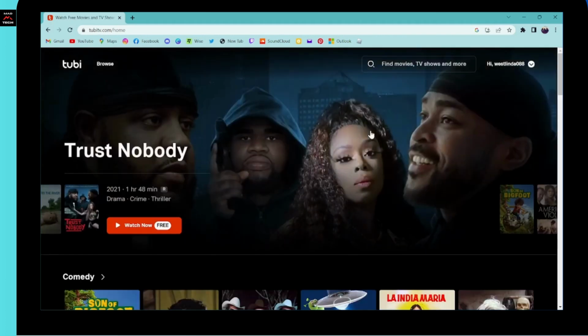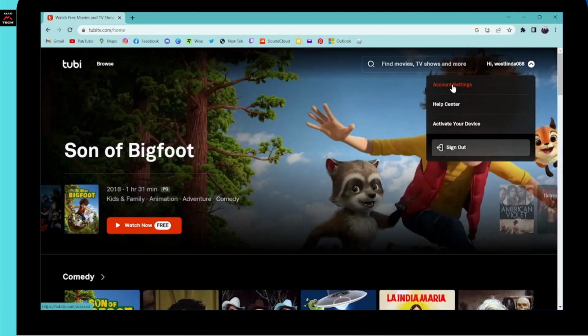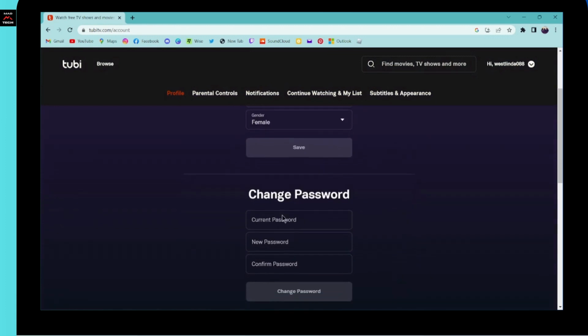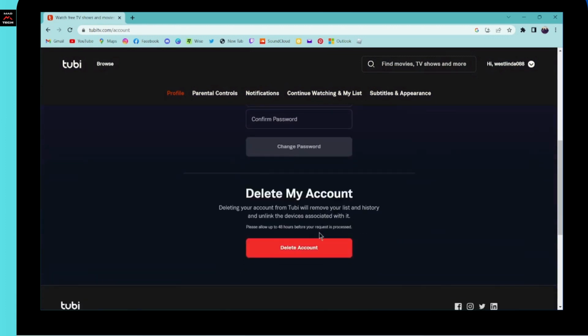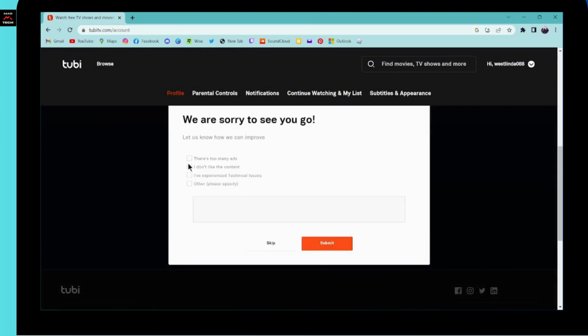And after logging in, you can go to the upper right corner which has your username. So you can simply click on account settings, and now here you will have all your account settings. You can simply change your password from here, and if you scroll all the way down you will find delete my account option. So if you want to delete your account, then simply click on delete account, and here you